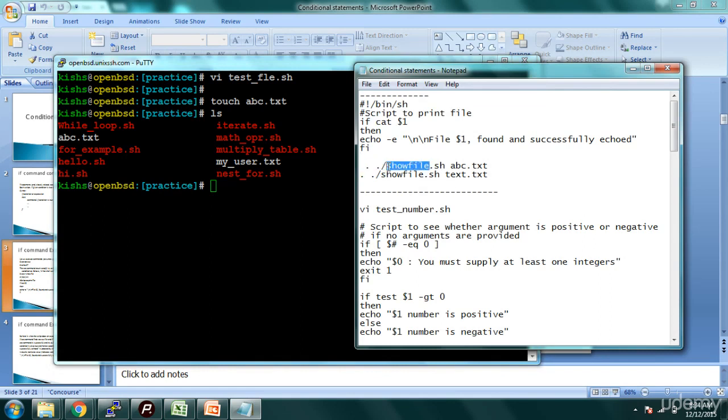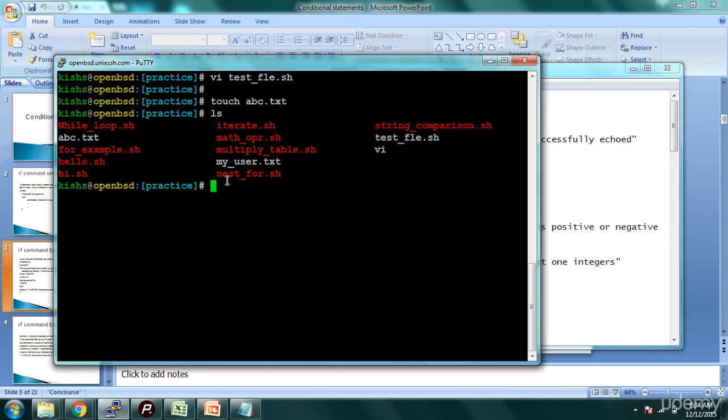The command is test underscore file, I missed the i here, .sh. I'll search for abc now. I'll run this to check whether abc is present or not.